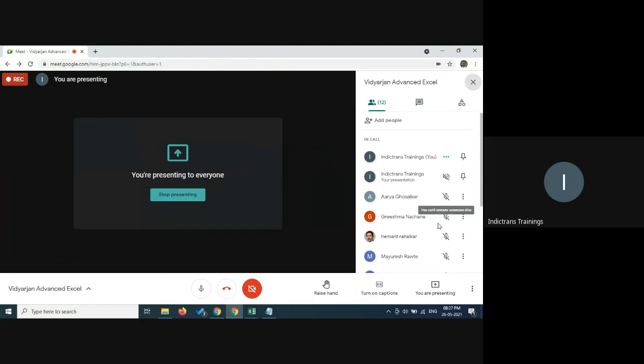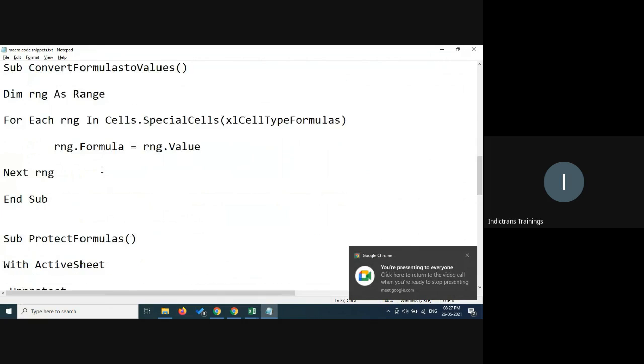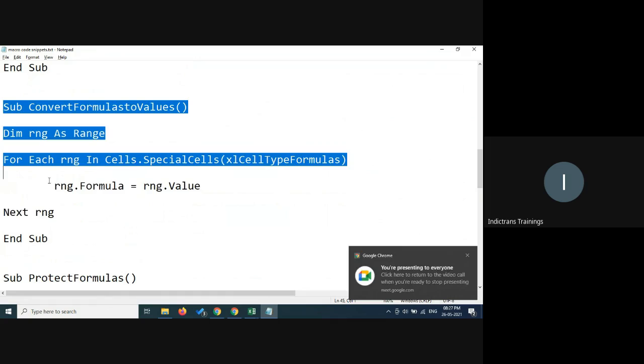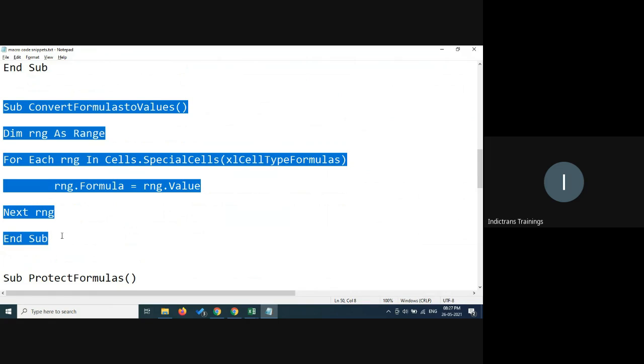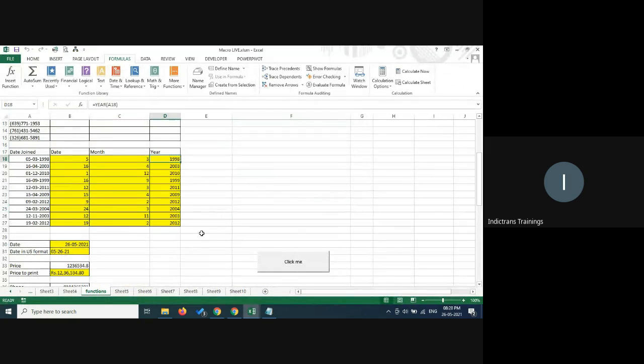Okay. So then we'll do one more, which is convert formulas to values, and this is very similar to copy paste. Many times you might have seen that here are the formulas. Now if I want to copy this and paste it somewhere, you really don't get the right thing because these are again formulas that you have captured.